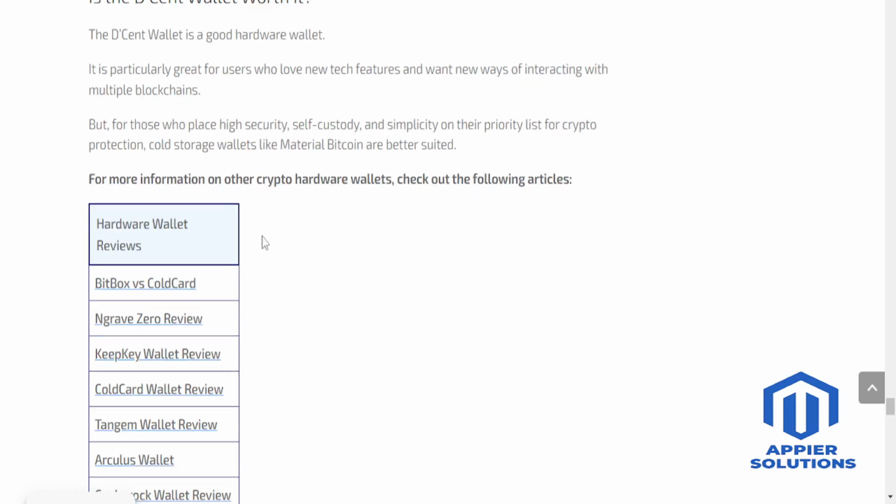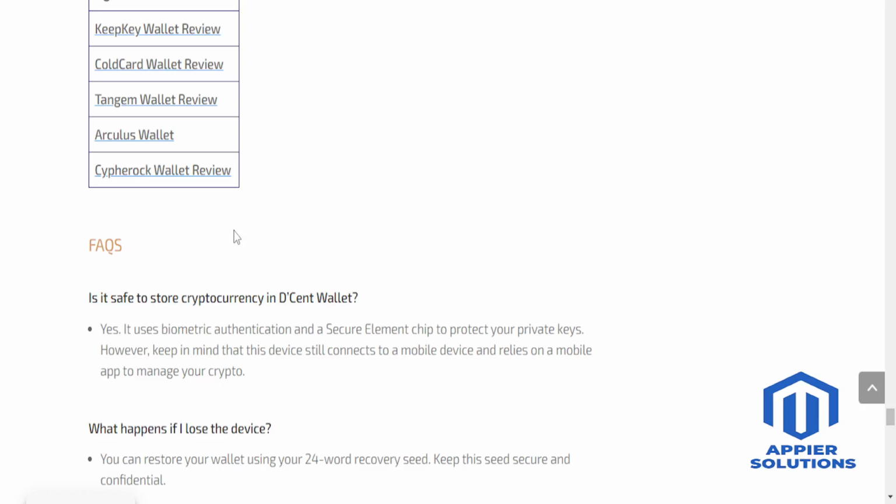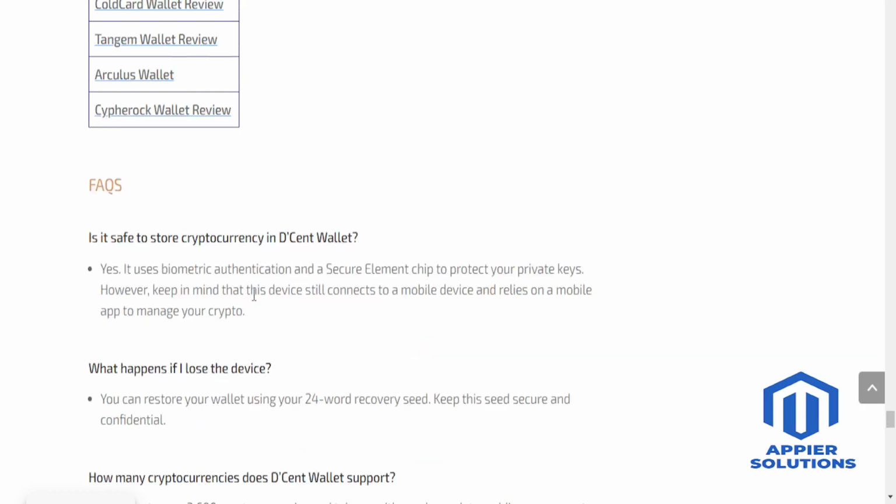Okay? But otherwise, it is actually safe to store cryptocurrency in Decent Wallet because the wallet does use biometric authentication and a secure element chip to basically protect private keys. However, since it connects to a mobile app, some users may prefer a fully air-gapped cold storage solution for